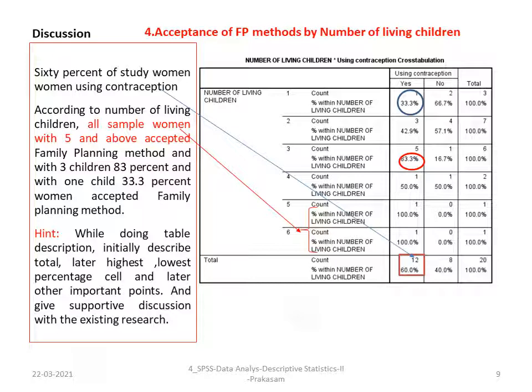Therefore, here researchers can conclude that the higher the number of children, 5 and 6, the more the acceptance, but among women with only one child, only one-third are accepting it. But is it true for the entire sample area, or for the universe, the entire population? That will be tested in the test of significance, and other chapters will be discussed later. Looking at the percentages, we can say that 60% are accepting family planning, and all women with above 5 children are accepting it in the study area.